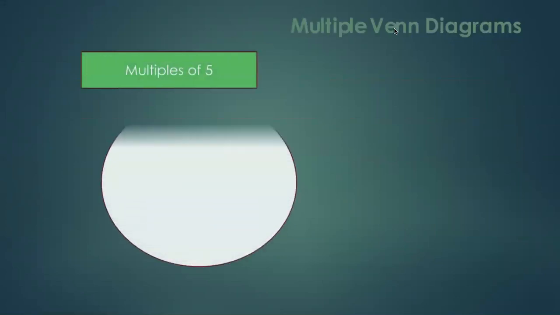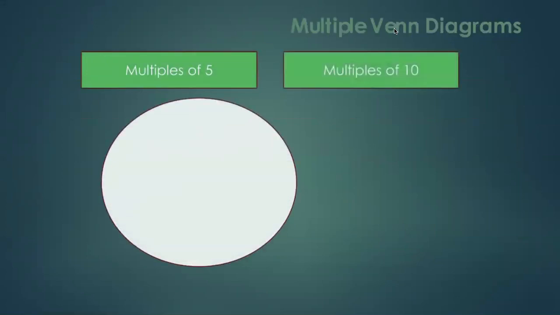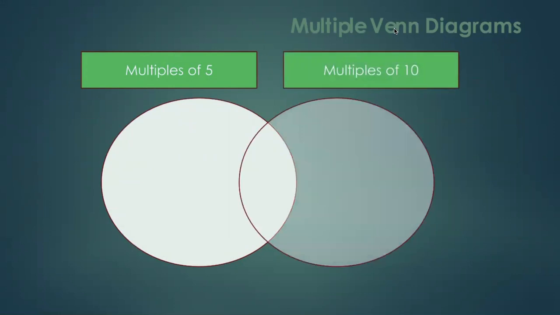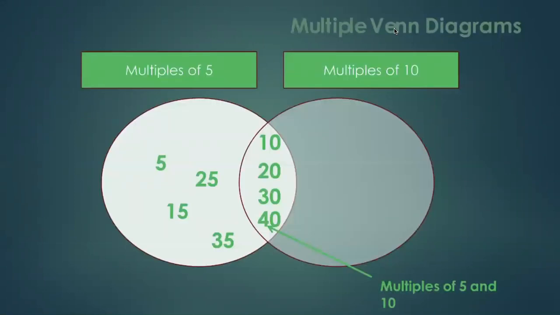Now, the other thing that we can do is look at Venn diagrams. We have multiples of 5 in one of our sets. We have multiples of 10 in the other set. And of course, as I'm sure you're aware, in the crossover between them, we can have the numbers that are both multiples of 5 and multiples of 10. And you might be thinking already, there's something going on here. Think about it. What's going to go into each set? And obviously 5 and 10, 15, 20,